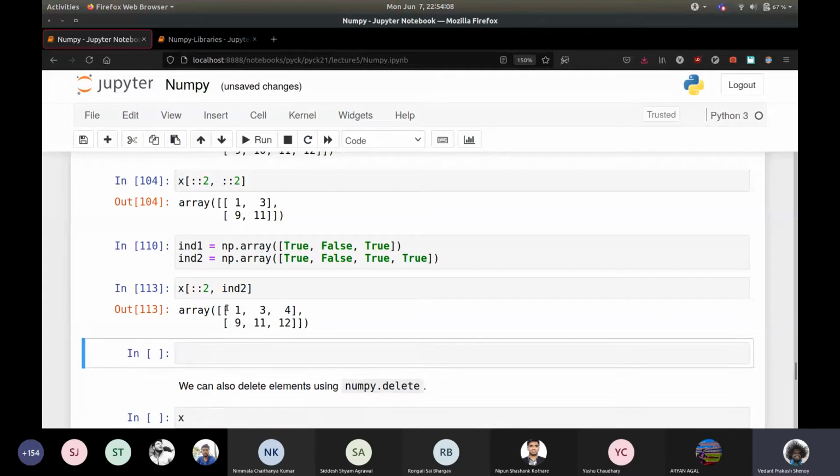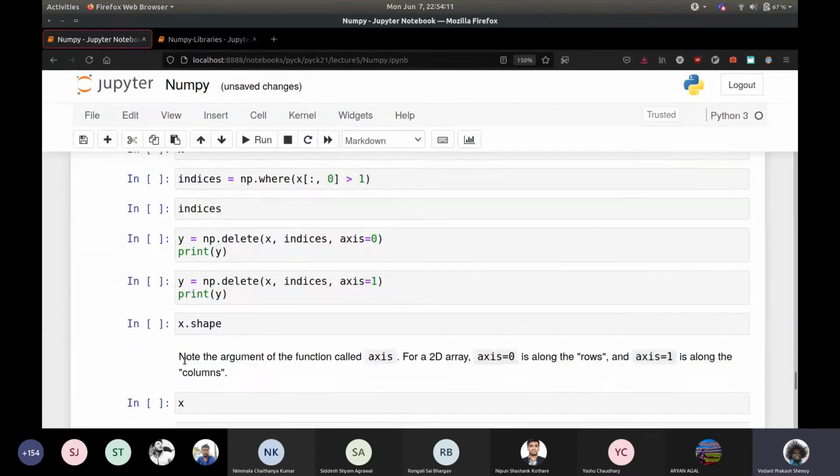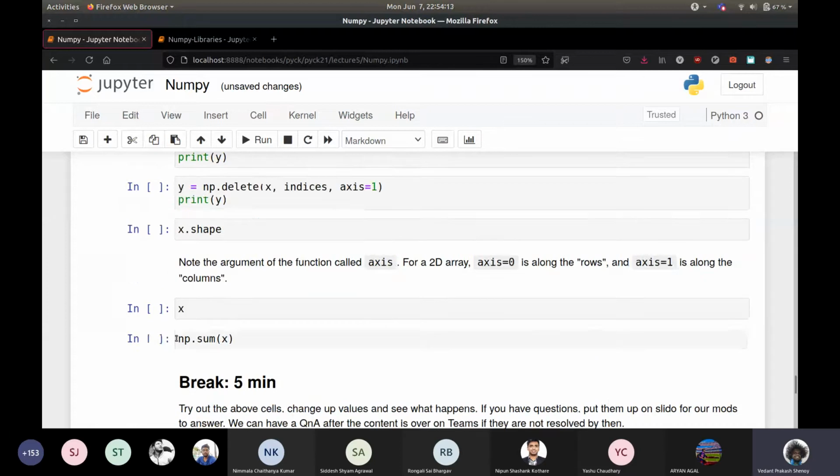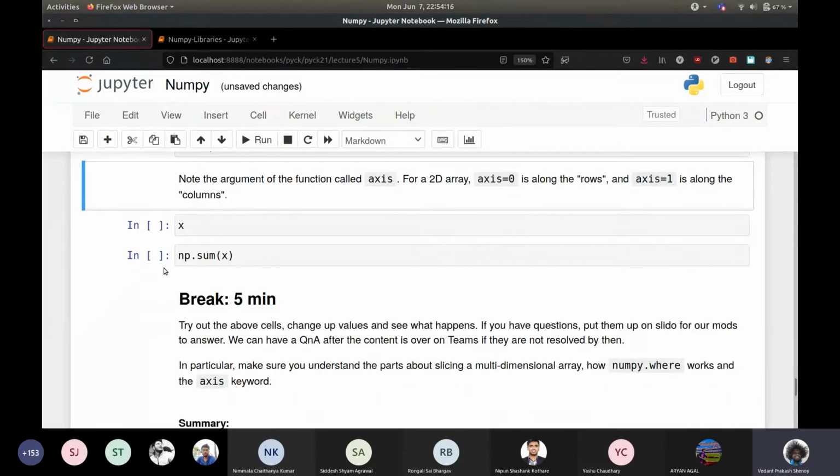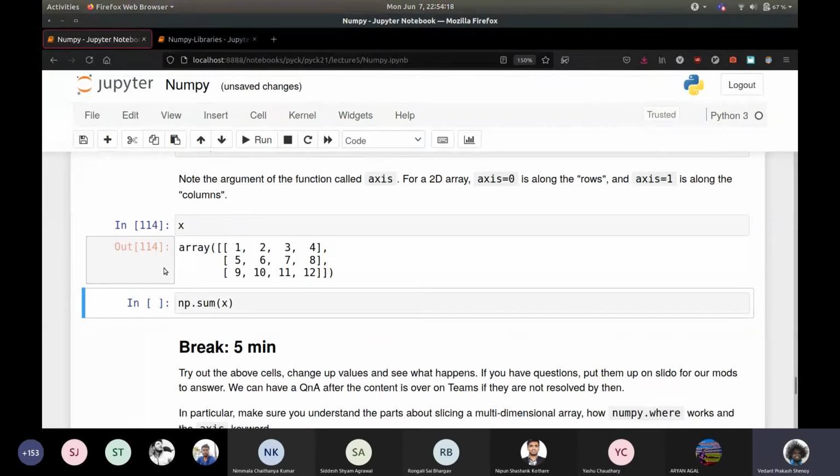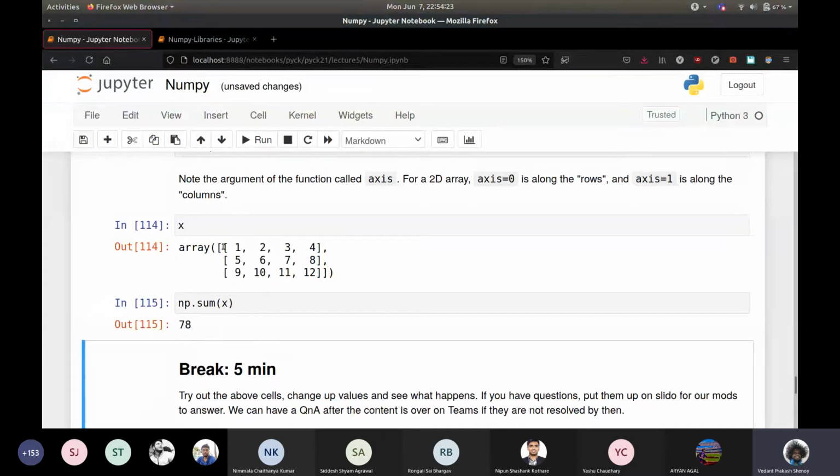All right, great. So before we move on to this delete business, let's just try to understand what we can do with a NumPy array. There is this thing called np.sum, which lets you, surprise, take the sum of all the elements in an array, right? So this is basically summing up 1, 2, 3, 4, 5, 6, 7, 8, 9, 10, 11, 12 without worrying about what the shape is and so on. So what if you wanted to do this row wise or column wise, right? This just takes the sum of all the elements in the array, disregarding any characteristics of the shape or whatever.